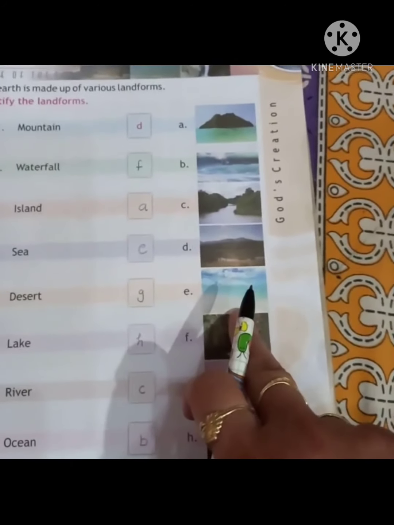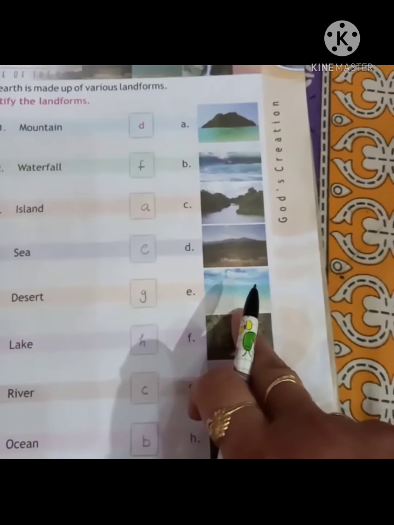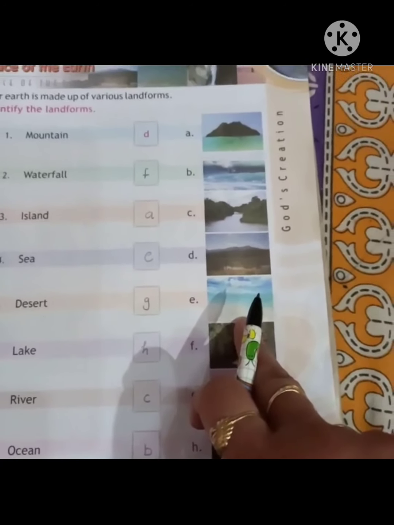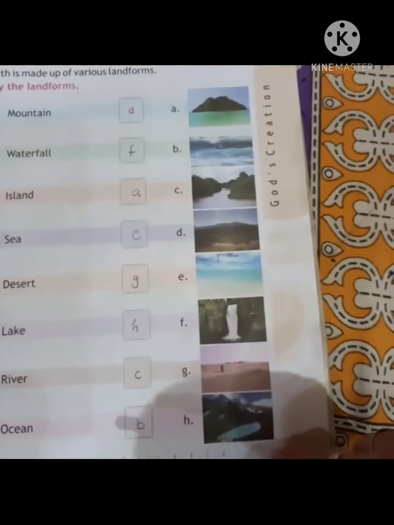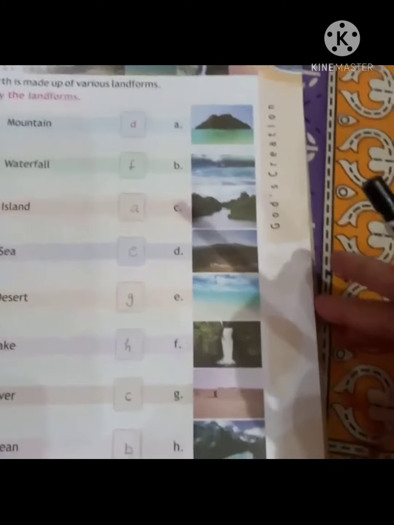My dear students, here we did not see any detail. We are watching only these pictures. So my dear students, you can paste this picture in your notebooks. You may find out these pictures maybe in the map, maybe in the newspaper, maybe in any magazine or in your previous book. From wherever you got these pictures, you cut it. You can draw also. Maybe you can draw these pictures in your notebooks and write the answers in front of that picture.